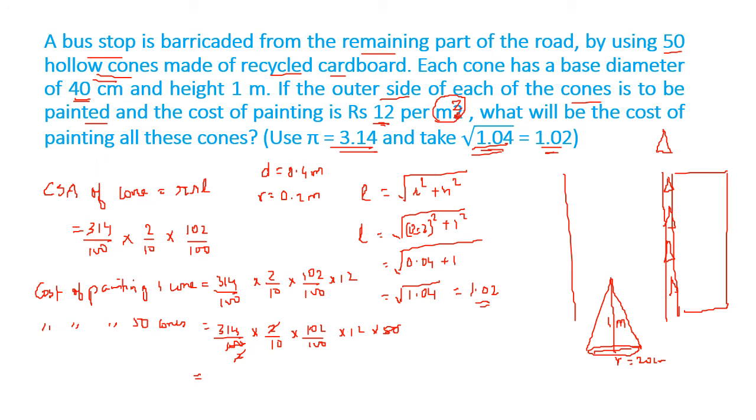So now we'll do the multiplication and put the corresponding value. So it is approximately 384.336, or we'll write 384 rupees. So this is the approximate cost of painting 50 cones. Right, to make the barricade we'll give it this much. Now the next sum we have is